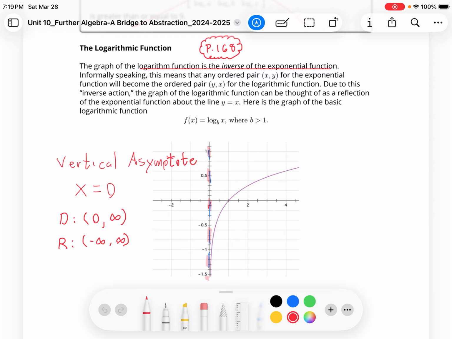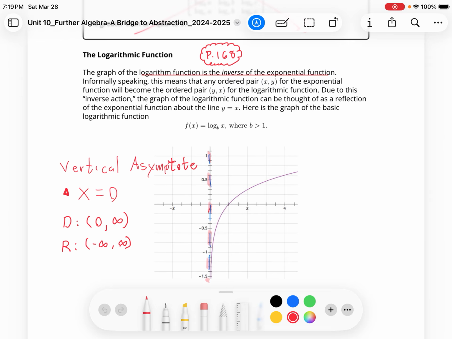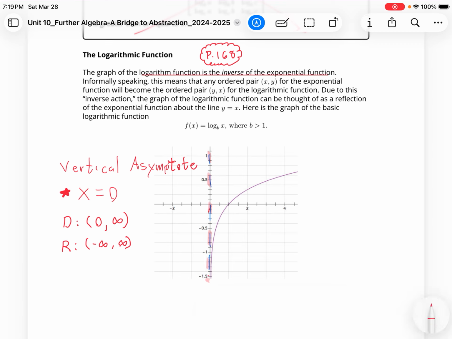The first thing you need to know is that every logarithm has a vertical asymptote, precisely at x is equal to 0, and the domain is normally from 0 to positive infinity, the 0 representing where the vertical asymptote is located. And then the range is actually all real numbers. Remember, the range is how far down or how far up this graph is going, all right? So again, in generic terms, the vertical asymptote is always at x is equal to 0. The domain is between whatever the vertical asymptote is to positive infinity, and the range is from negative infinity to